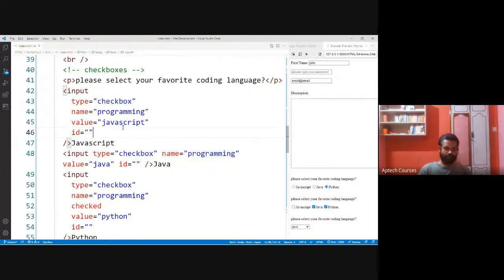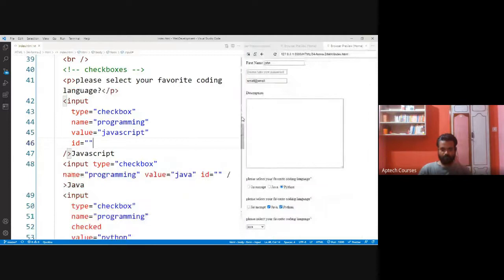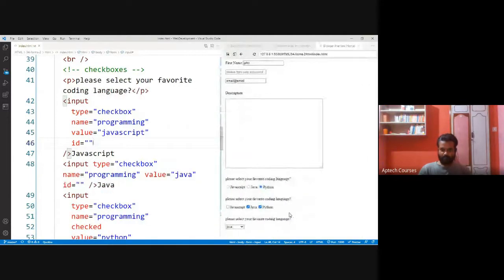By using this, we can do some operations here. That is the use of name equal to programming for every checkbox. We are giving name equal to programming for every checkbox because in JavaScript I'll show you how we can do that.